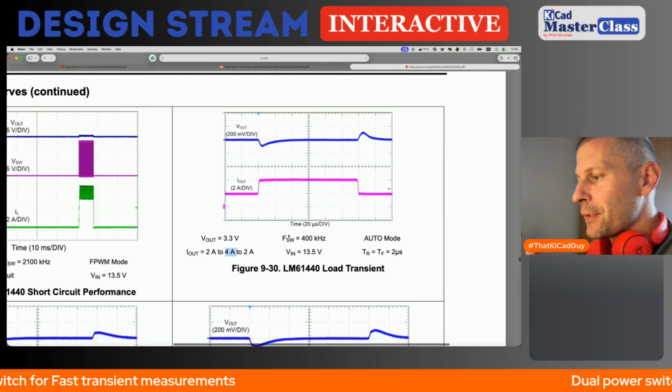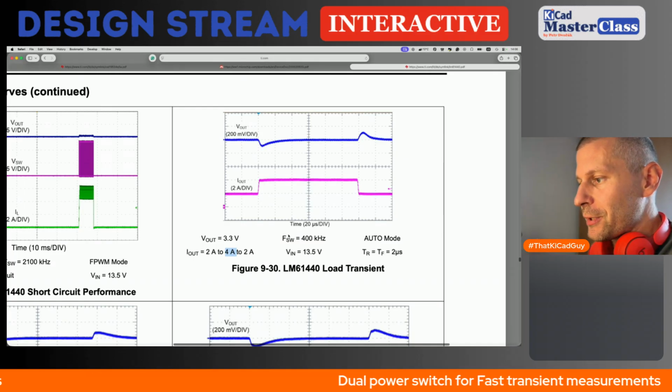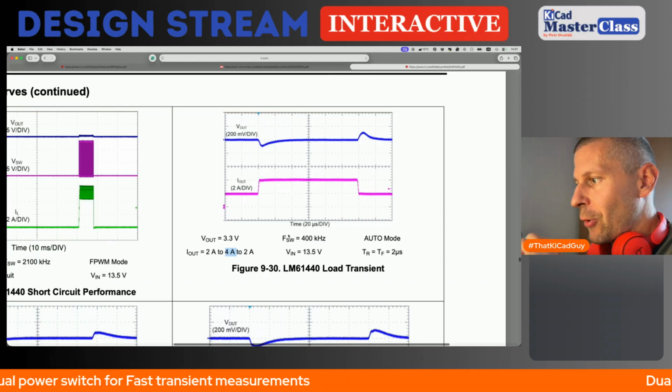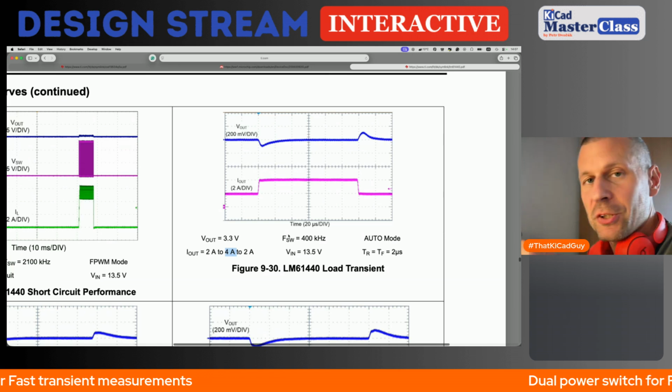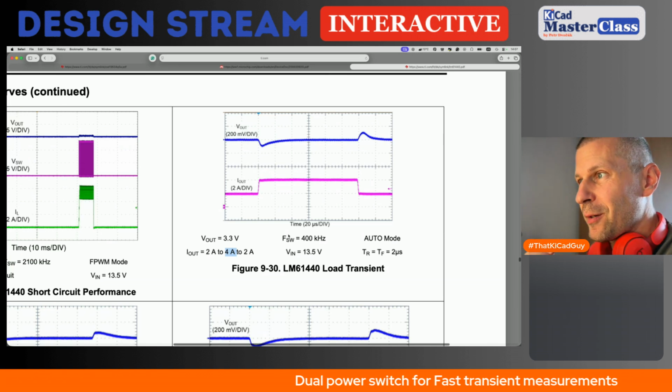And I was asked to deliver the load transient characteristics from the lower current. So I measured the characteristics during my testing, but